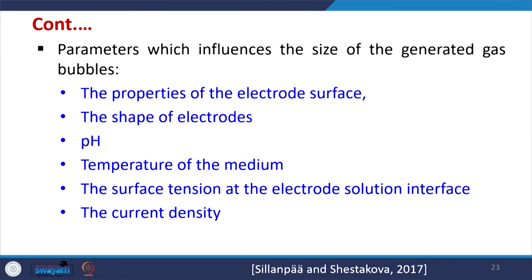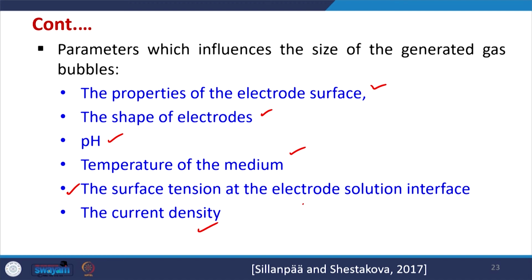Parameters which influence the size of generated gas bubbles: similar to electro-oxidation and electrocoagulation, the property of electrode surface and the shape of electrodes are very important, whether it is meshed or a plate electrode. Then the pH, temperature, and surface tension are very important parameters for gas bubble generation. The surface tension at the electrode solution interface is very important, and the current density, which is common for